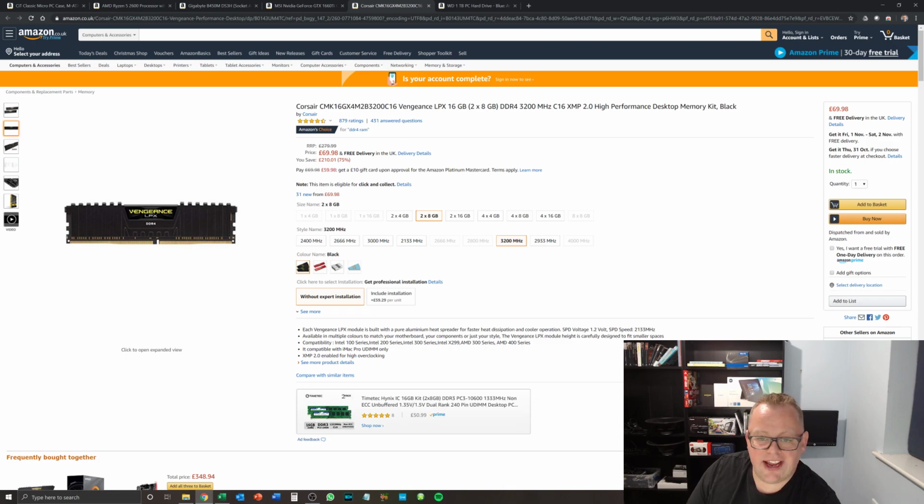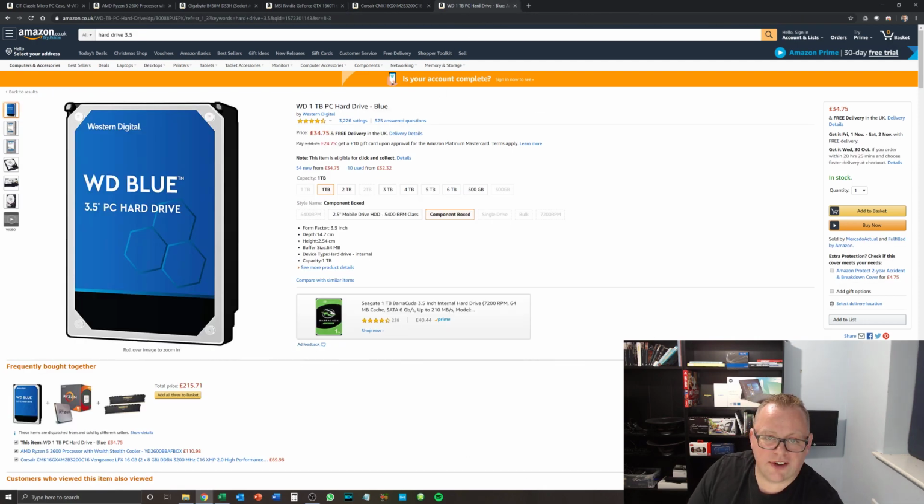Next, RAM. Two sticks of 8 gigabytes of DDR4, running at 3200 megahertz. I've gone for the Corsair, 69.98. And finally, some storage. We need somewhere to put the game. Just going to go for 1 terabyte here to try and keep the costs down. Modern Warfare does take up to 150 gigabytes, so it's going to take up nearly a sixth of the hard drive here. So that gives us a total cost of around 615 quid to play